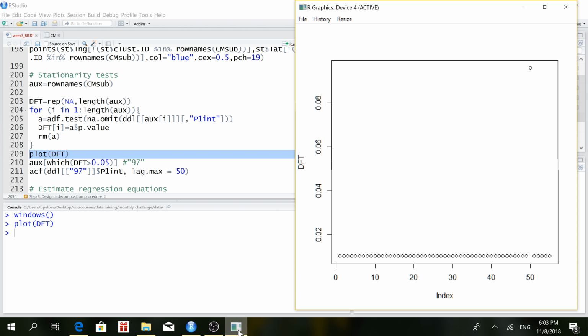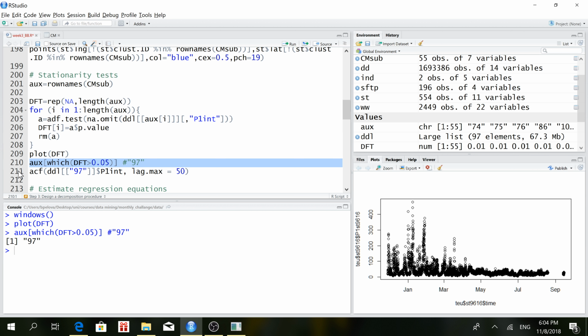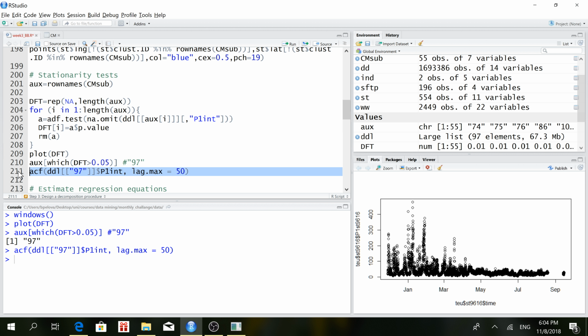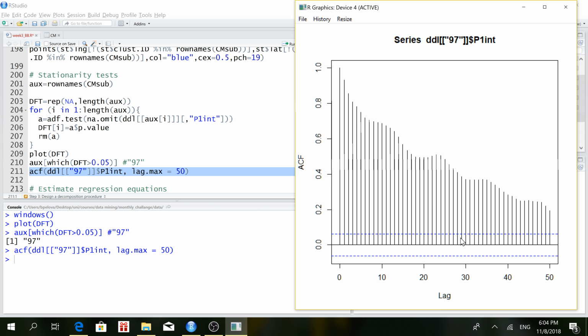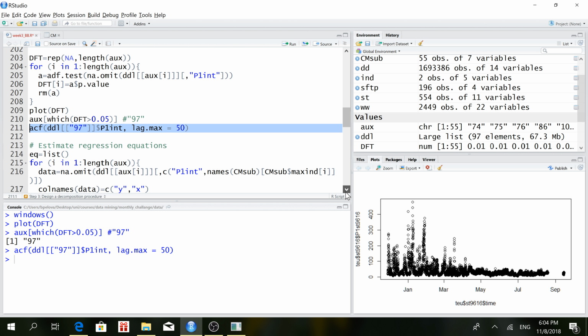Okay, so what I'm going to say here is the augmented Dickey-Fuller stationarity test confirms stationarity at the 5% level of significance for all of the time series but one. Once again, you can see that the p-value is less than 10%, yet I'm going to have a look at the autocorrelation function of this time series. Okay, so it suggests stationarity, therefore I'm pretty sure the time series I'm going to analyze are stationary,